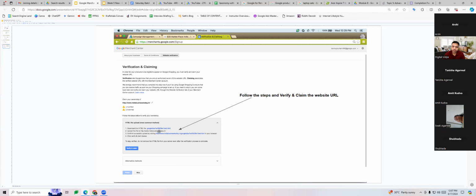You have to upload that file into your website, and then you have to click on their verify and claim button. When you click on that button, it should turn green. If it turns green, that means the account is successfully verified. Google has verified that you are really the owner of the website. Only then the account gets activated.